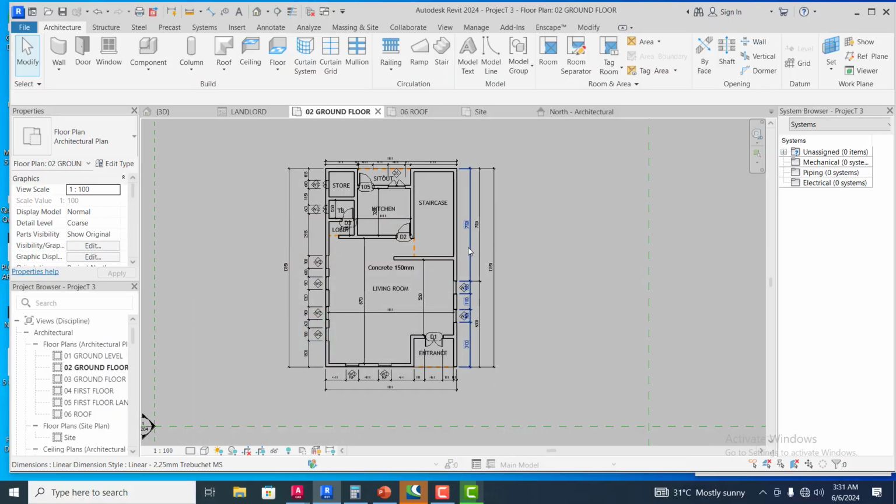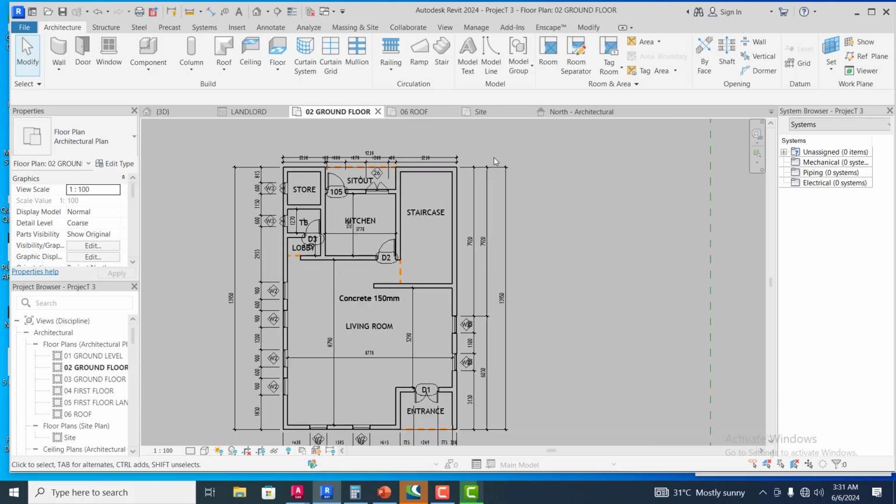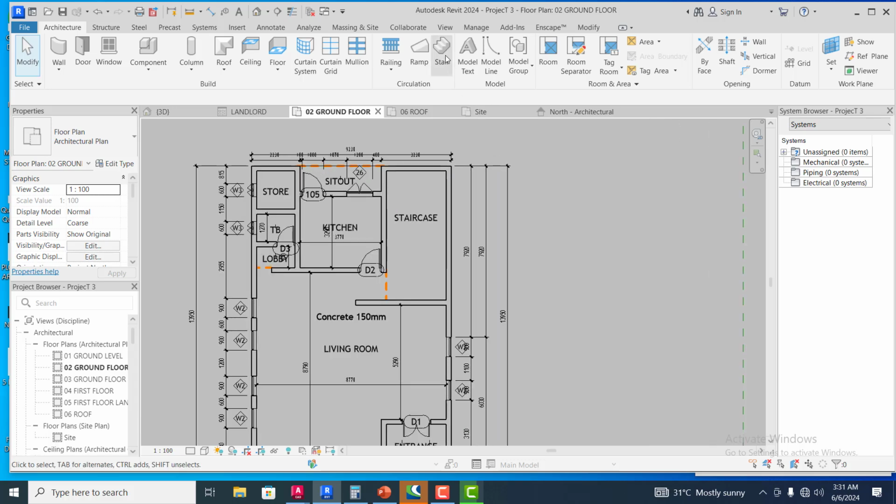Today I'm going to be showing you how to create your staircase in your Revit 2024. Amazing, right? If you have been following us, this is episode 20 of this particular series. All right, let's jump right into it. All I need to do is click on staircase in my Architecture tab, around my circulation. So if I click on stairs,